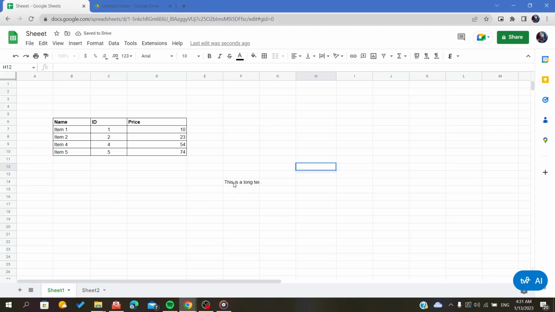Hello everybody. In today's video, I will show you how to make a text fit in a cell size. As you can see, I have here a big text, a long text that doesn't fit here. So the method to make it fit is by dragging or resizing the column and the lines